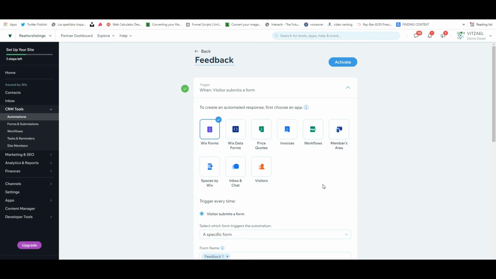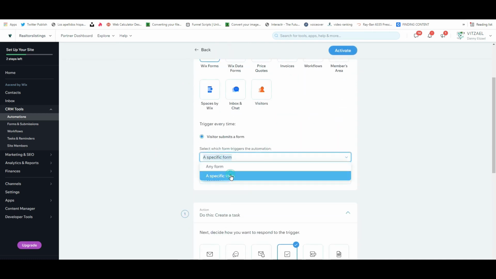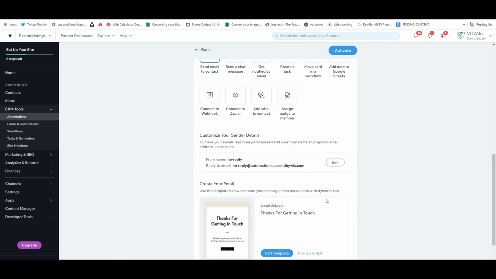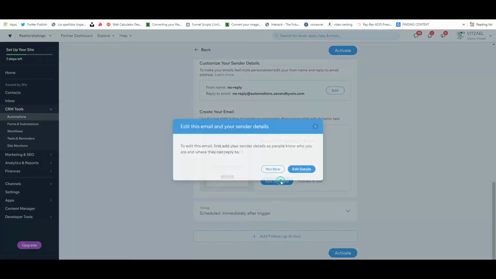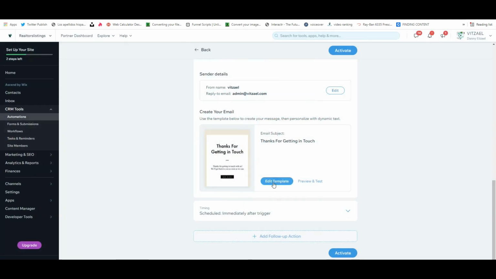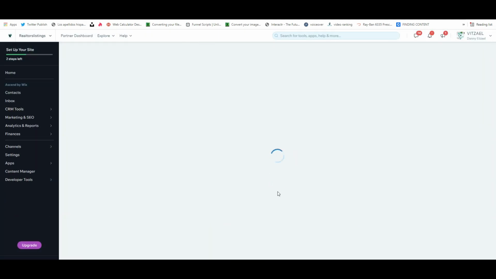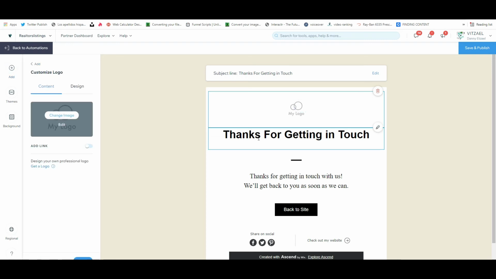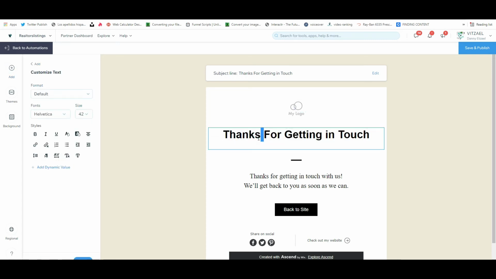Now, the one that we're going to be focusing on is Wix Forms. We're going to select a specific form, feedback one, and we want to send them an email. Once we do that, then here, you're going to see this email. We're going to edit, and then all we have to do is, that's my email right there, and then we're going to go to edit template. So on yours, it's going to have automatically the email you have. You can add your logo. Here, we're going to say thank you for your feedback,